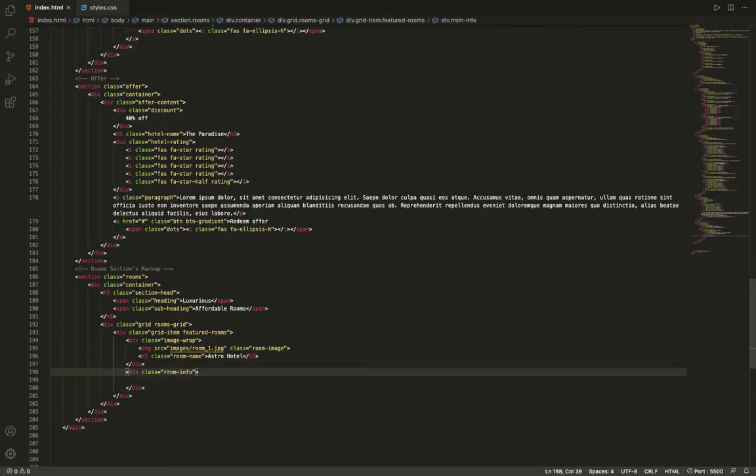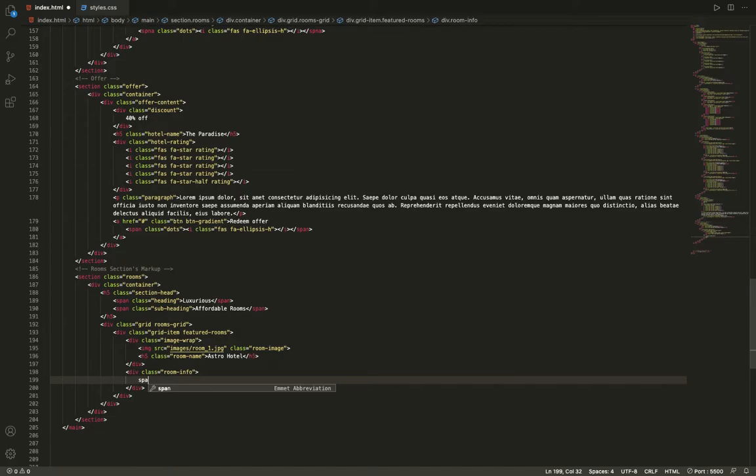So it's room info, and then in the room info, first I will make a span, and the span will have a class of room price. Yes, it will be fine. And inside this, I will say $200. And after $200, I will add a space and add another